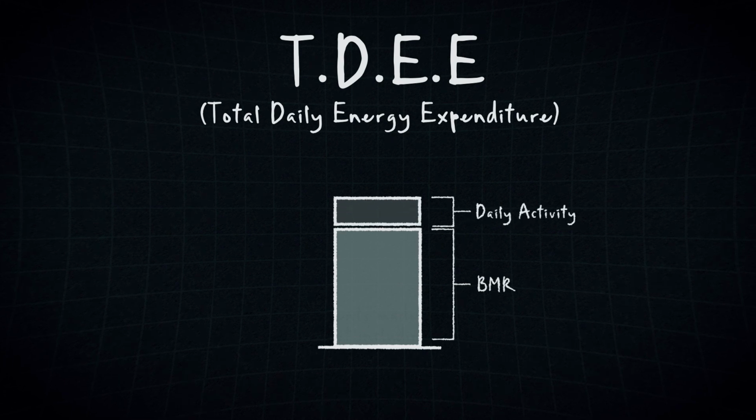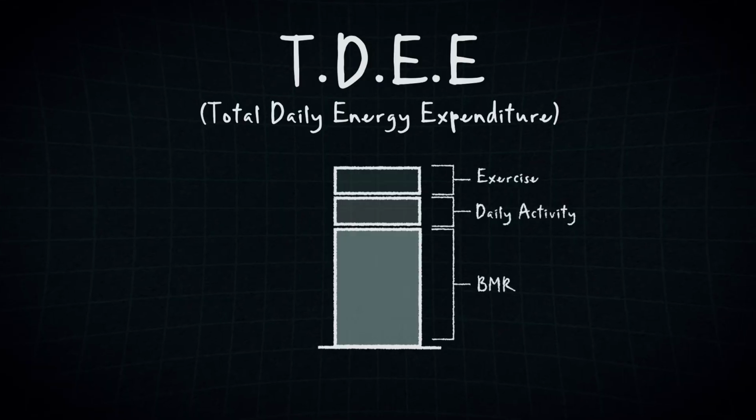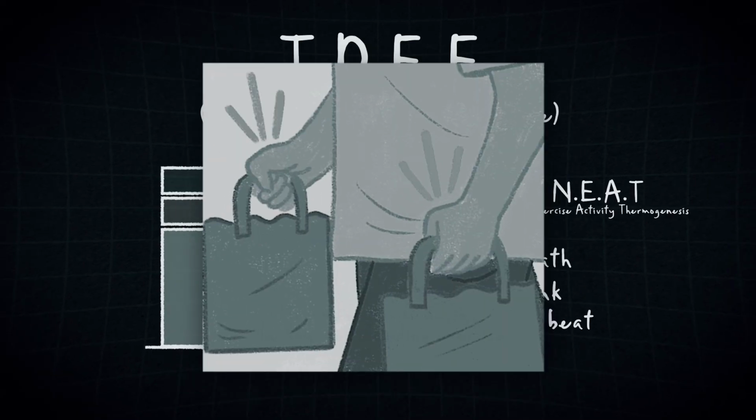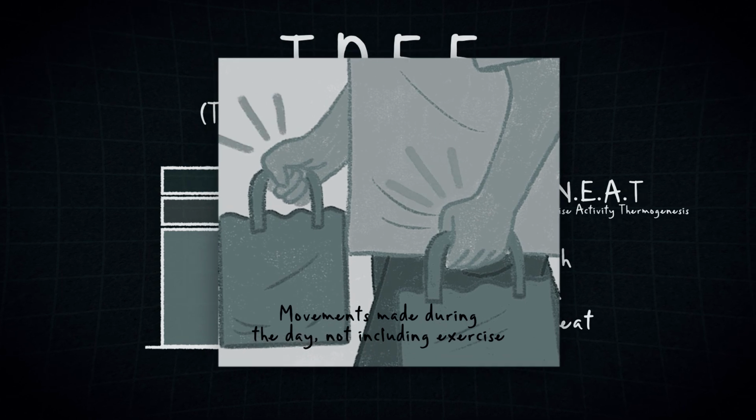So our metabolism, we also like to call that our TDEE, our total daily energy expenditure. Now the majority of that, I'm showing you a graph, is your BMR, your basal metabolic rate. That is just the calories your body utilizes to breathe, to blink, for your heartbeat, etc. That's your BMR. The second biggest factor within your entire TDEE is what we call your NEAT, non-exercise activity thermogenesis. That's the walking, the tapping, all the little slight movements you do that aren't actual